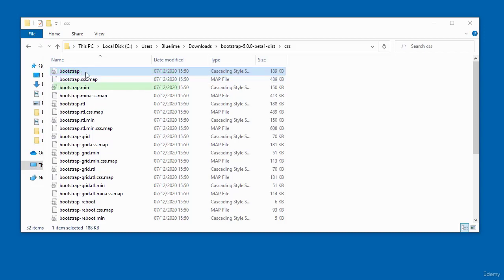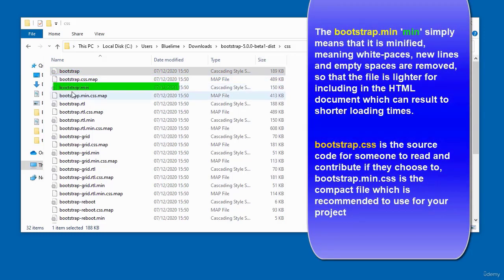We also have the bootstrap.min. The bootstrap.min and the regular bootstrap are basically the same thing. The main difference is that the bootstrap.min is a more compacted file because all the white spaces have been taken out to make it more compact, thereby faster to load. So the bootstrap.min.css is what you should use in your project if you don't plan to customize or make modifications to the regular